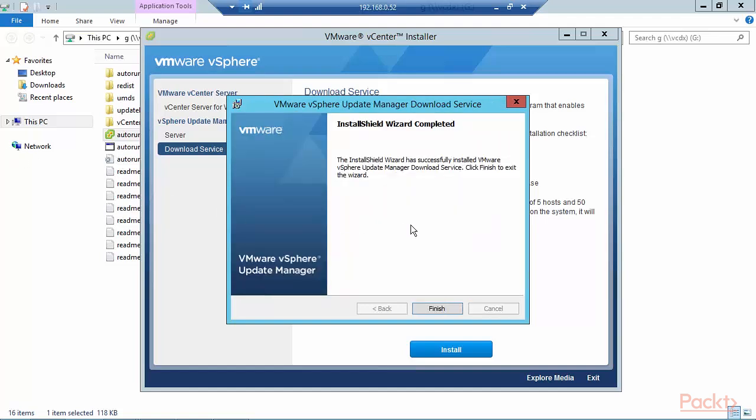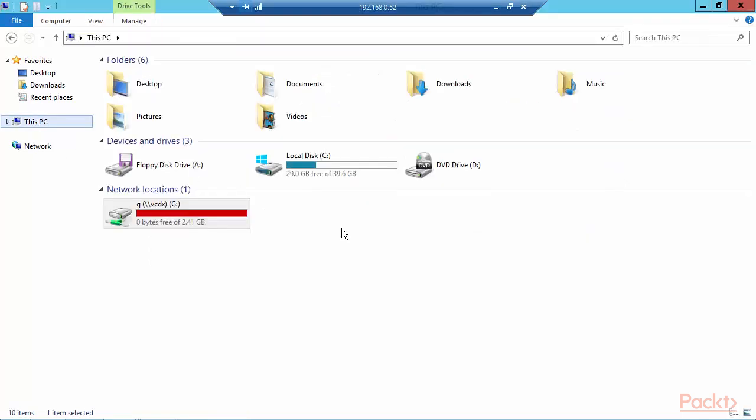So the installation is complete. The installation of the vSphere Update Manager download service version 6.5. The UMDS tool is a command line tool. It can be installed on 64-bit servers, which is what we have, and it is installed in C,